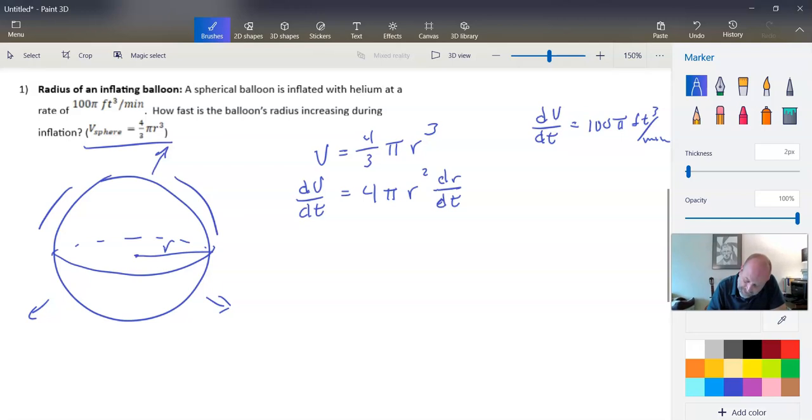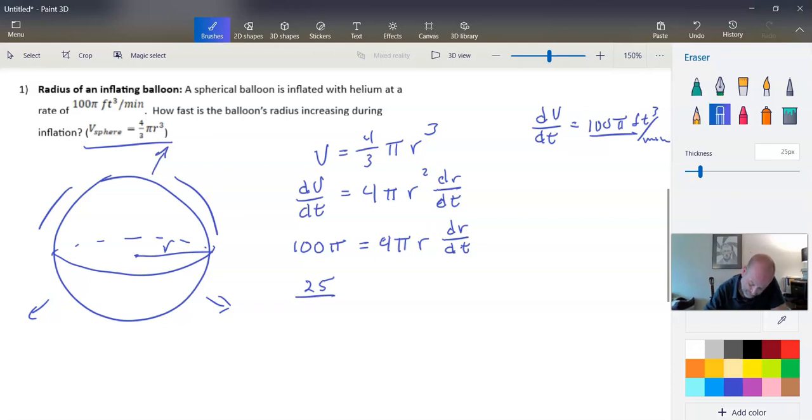If we go ahead and plug this in for dV dt, we end up with 100 pi is equal to 4 pi r cubed dr dt. So all we have to do now is solve this for dr dt. If I divide here, the 4 goes into 100 25 times. The pi will cancel out. Oh, that should be r squared. I wrote cubed. And then I would divide the r squared over, and that would leave 25 over r squared is equal to